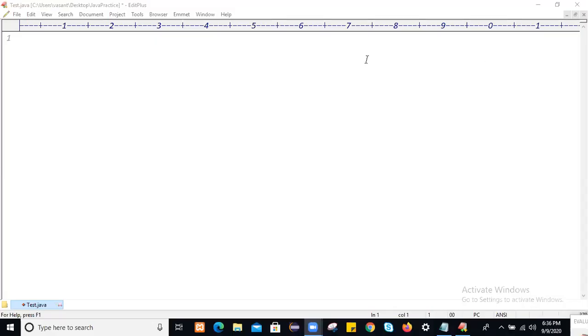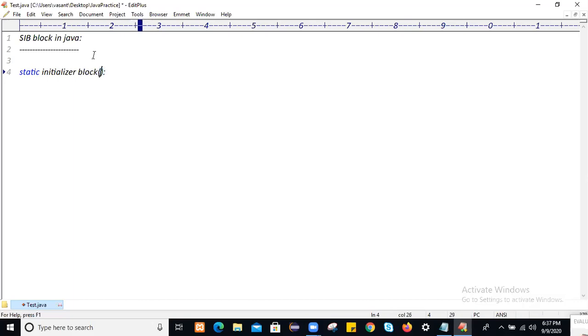Okay. So in this session, we will go with SIB block. SIB block in Java. What is SIB block? As we have seen in the last session, IIB block in Java. So in this session, we will go with SIB block. SIB is nothing but static initializer block. Okay, static. So instantiation block or initializer block. So this is called SIB.